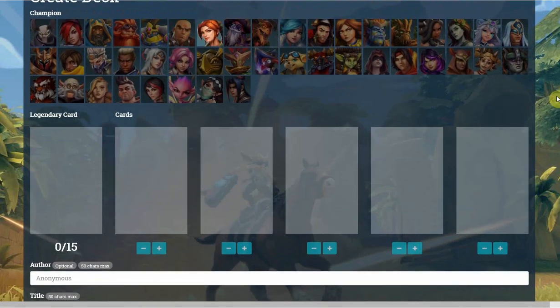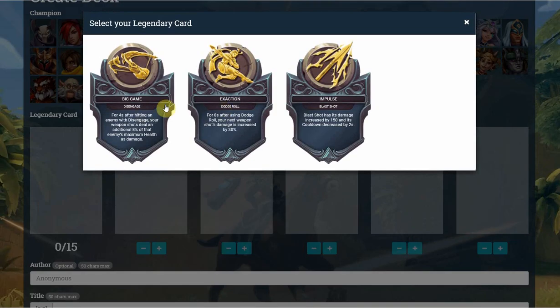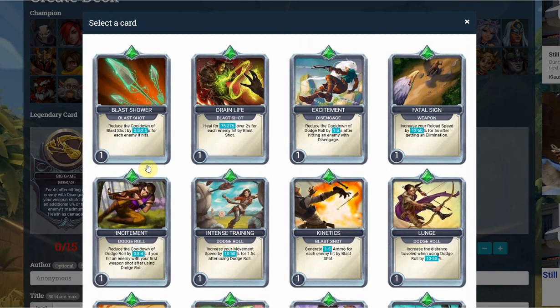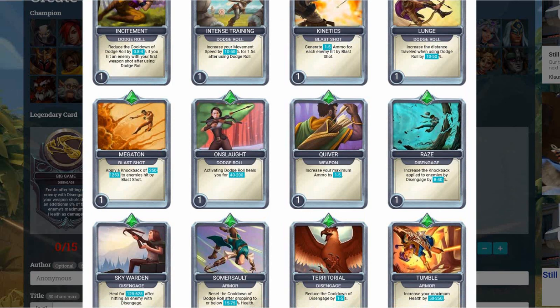There's not really too much reason to play Cassie on console, but if you're going to be playing Cassie, you're going to be playing her for the big game, just because you're going to be going against a team with a lot of heavy tanks. Something I like to run with big game is